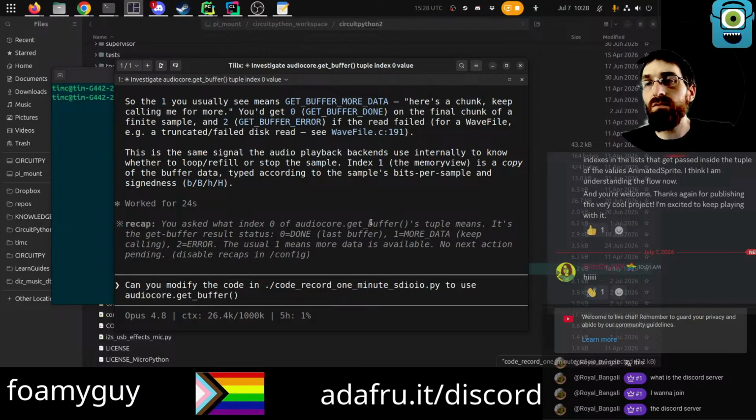Alright, so to use this function to get data